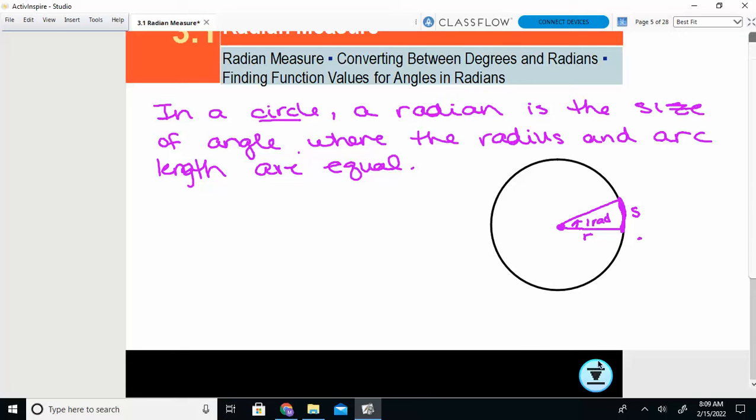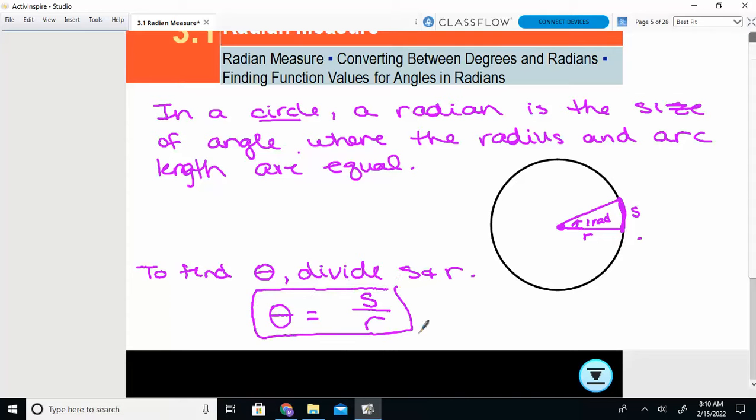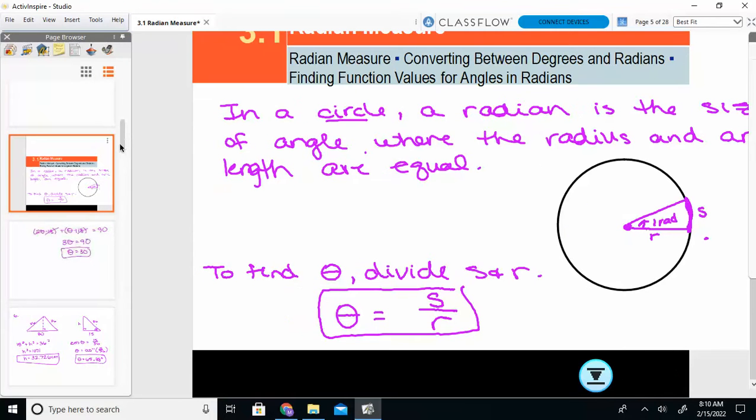All right. So to find the size of our angle, all we really have to do is divide S and R. So your angle is the arc length divided by the radius. So, if I said